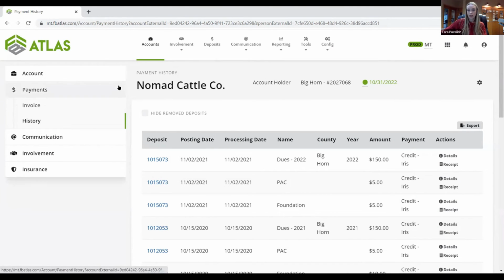Okay. And that's all I'm going to run you guys through. Again, if you want to explore this, or say you're in Atlas for any reason and you're a little bit confused on where to go, or there's something in here that I didn't go over that you would like me to, please feel free to call the office and reach out. I would be happy to go through it with you.